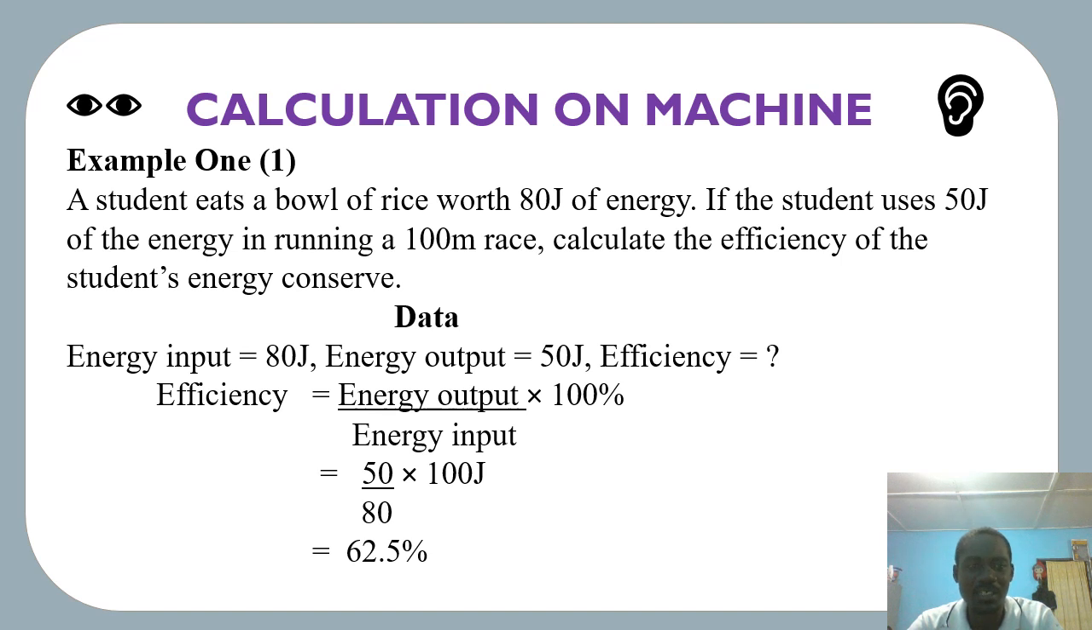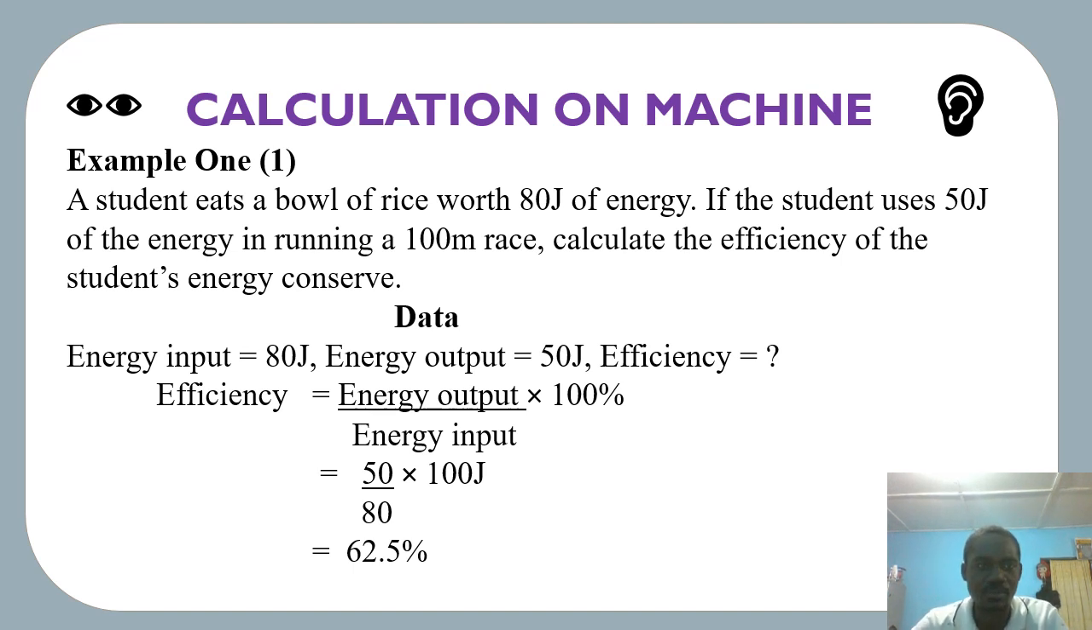So let's take one example, one calculation on how we can do a simple calculation on machine. Example 1. A student eats a bowl of rice, of which rice with 80 joules of energy. If the student makes use of 50 joules of the energy in running a 100-meter race, calculate the efficiency of the student energy conserved. As I've been telling you, always when you are doing calculation, you must be concerned with your data. The data inside the question is what will help you to know how or what you should do